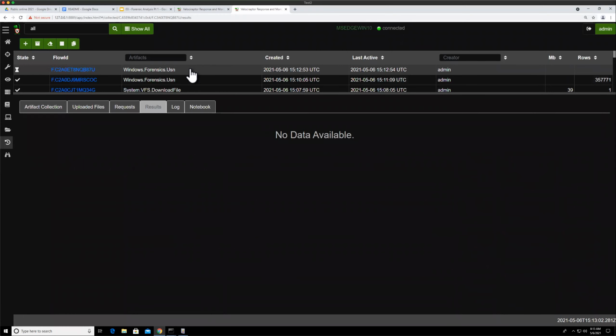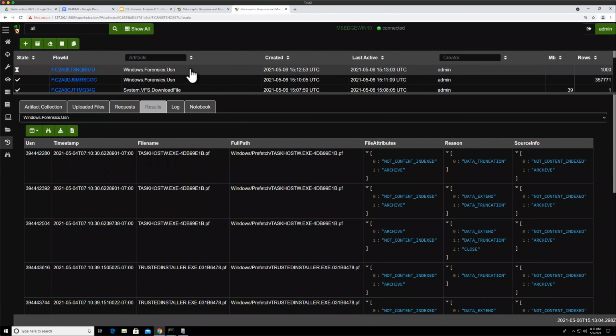But prefetch files only store the last 8 times that they've been modified, right? So if a program runs a lot, then it's only going to remember the last 8 times in the prefetch file itself, right? But if we look at the USN Journal, then we will see every time that prefetch file